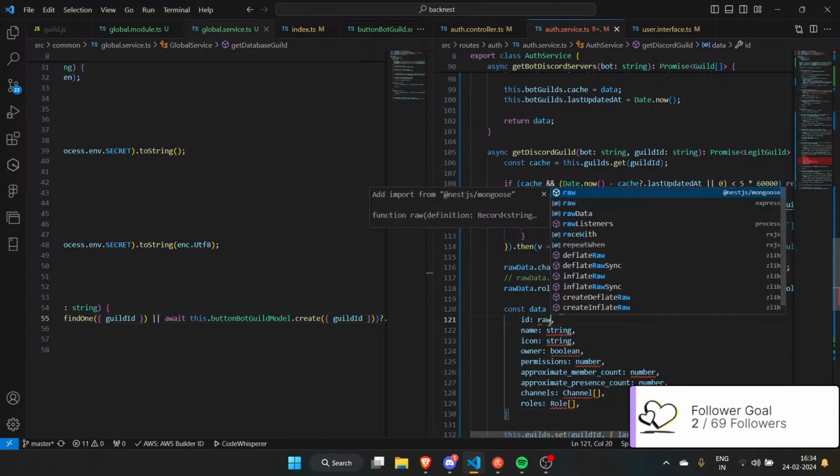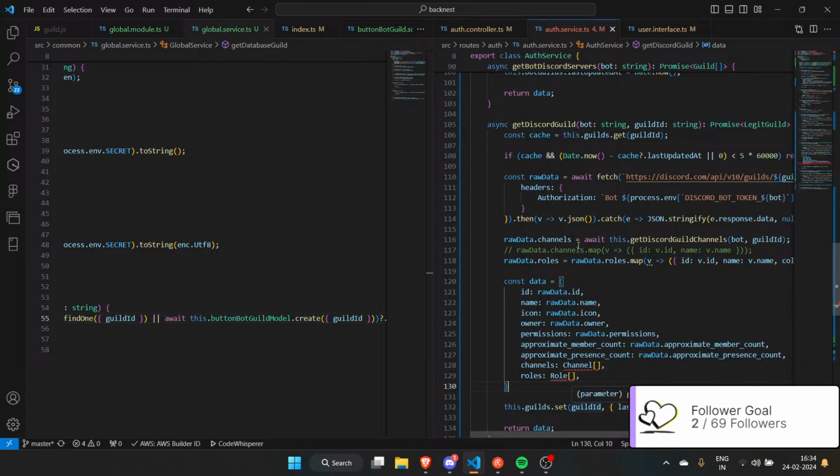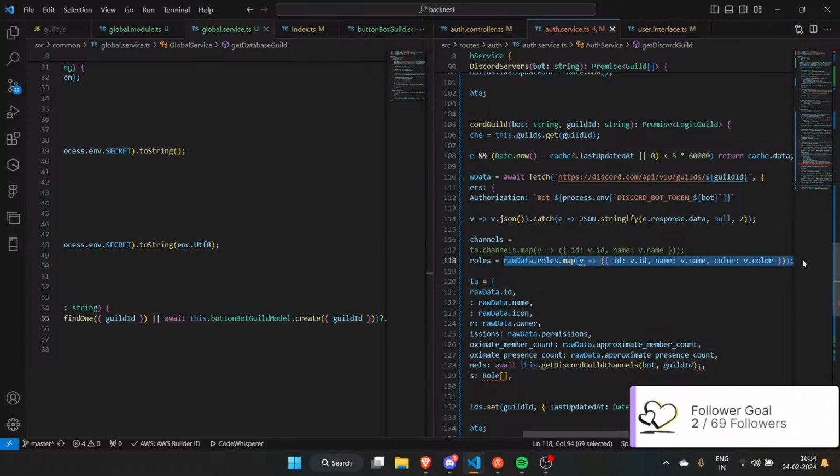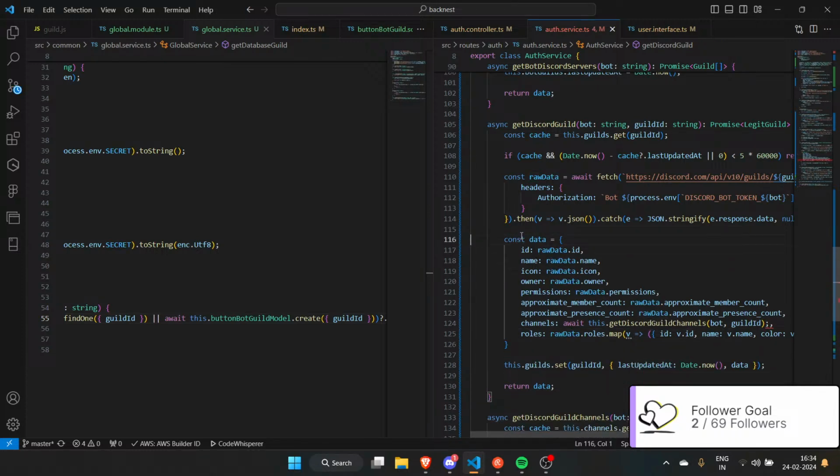We will do just rawData.id. RawData.that. I can just do this, and this, and then I can just remove those.